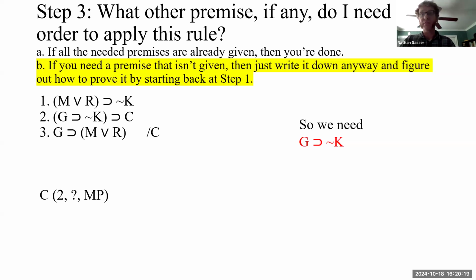If you need a premise that isn't given to you already in what's been proven or stated, then just write that premise down anyway and figure out how to prove that by starting back at step one. What do I mean? Just write it right there. You're working your way backwards from the final conclusion to the intermediate steps until you connected the dots with the premises. Now we're just going to treat if G then not K as our conclusion and start right back over